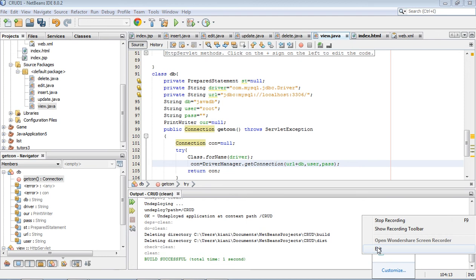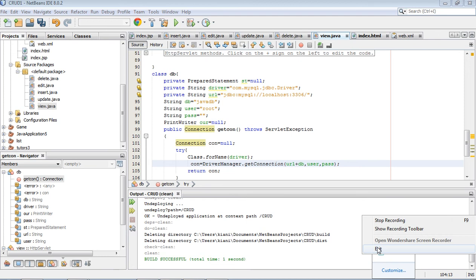Con is connection. Con is not defined. Okay, so it should be Connection